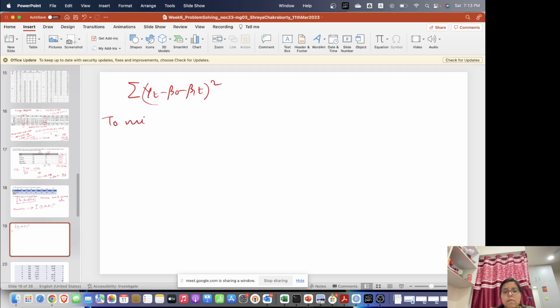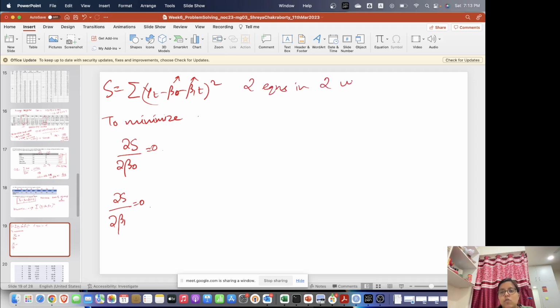Let this be S, the sum of squares of errors. We have two unknown parameters, beta naught and beta 1. So first we'll do del S del beta naught, equate it to 0, and then del S del beta 1, equate it to 0. Then we have two equations in two unknowns, and from there we can get beta naught hat and beta 1 hat, which will be the estimates of the